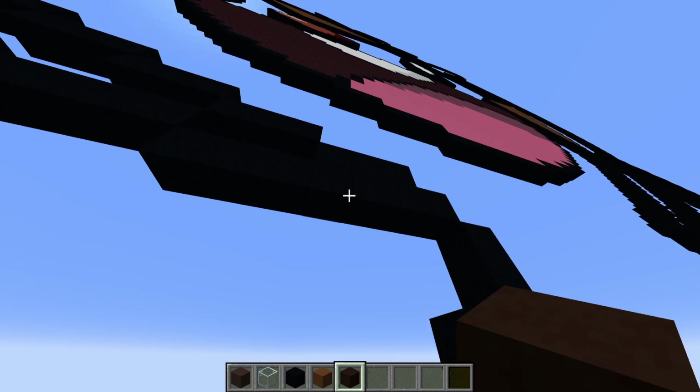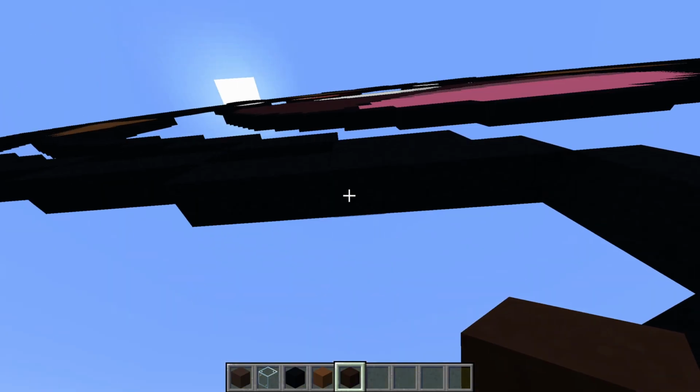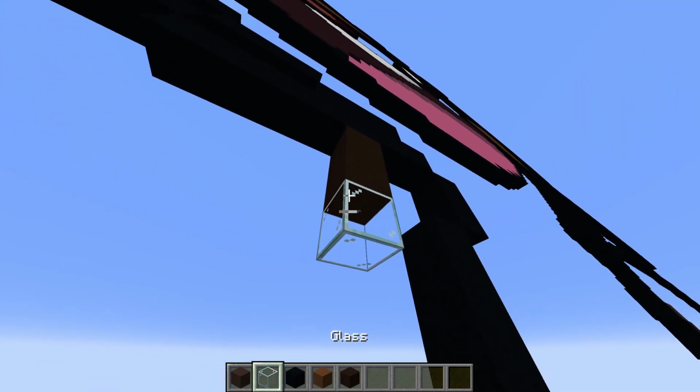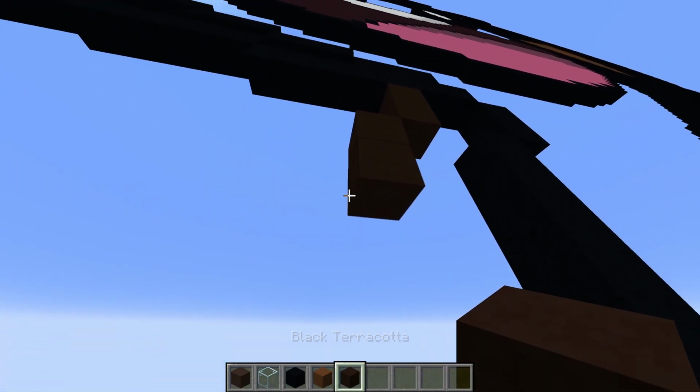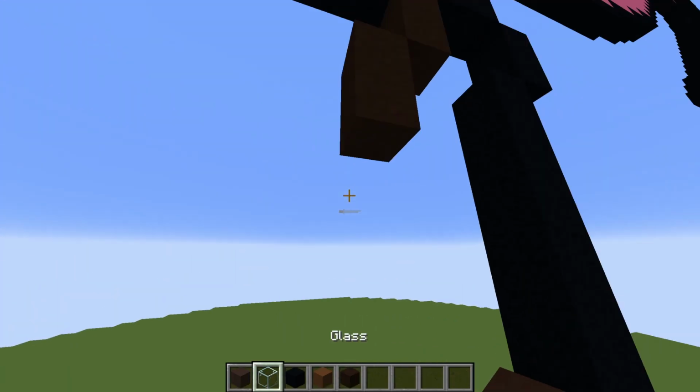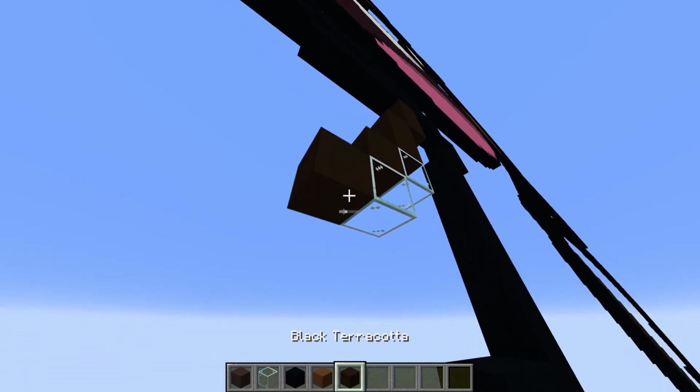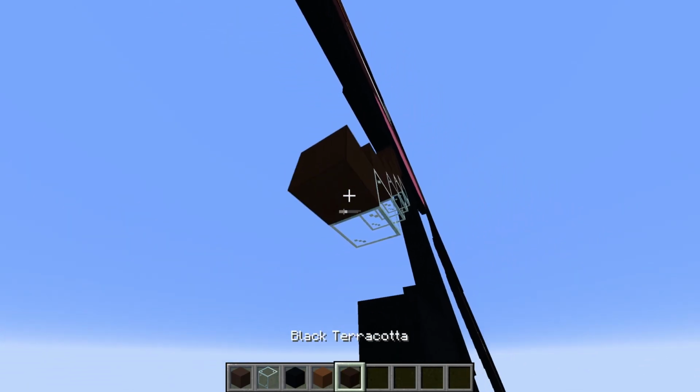So, from here, place 2 sets of 2s going down to the left. That's 1, 2, 1. And 1, 2, 2. That's 2 sets of 2s. And place 4 blocks going diagonal down to the left. That's 1, 2, 3, and 4. That's 4 blocks going